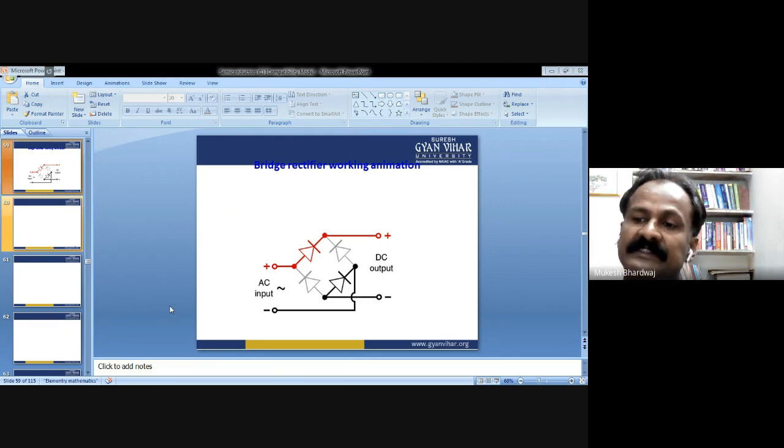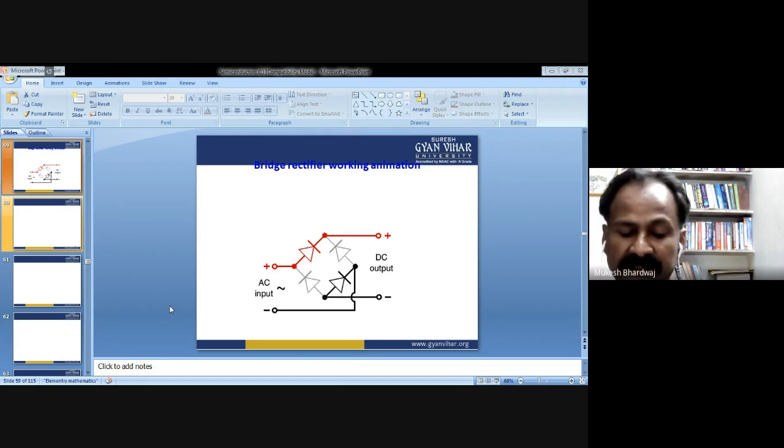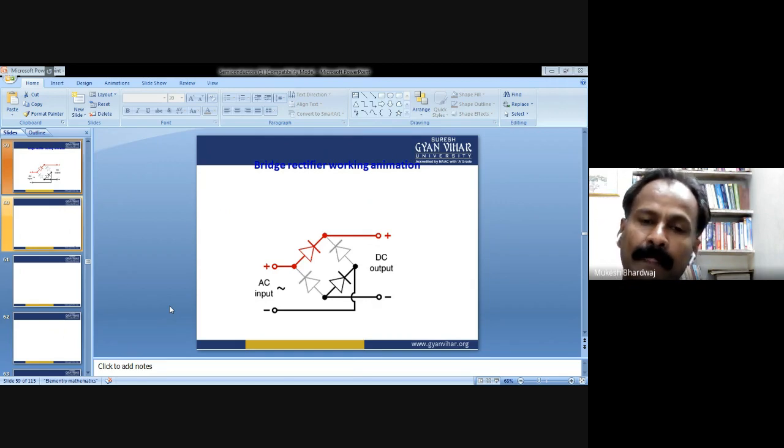Full wave rectifier with series inductor filter. When you connect the filter circuit in cascade to the full wave rectifier, you will get a steady DC, that is, non-pulsating or constant DC. A full wave rectifier with series inductor, as I show you in the figure in the next slides. The inductor in series with the load serves as a filter. The inductor offers a high impedance to AC. I will explain the working right now.